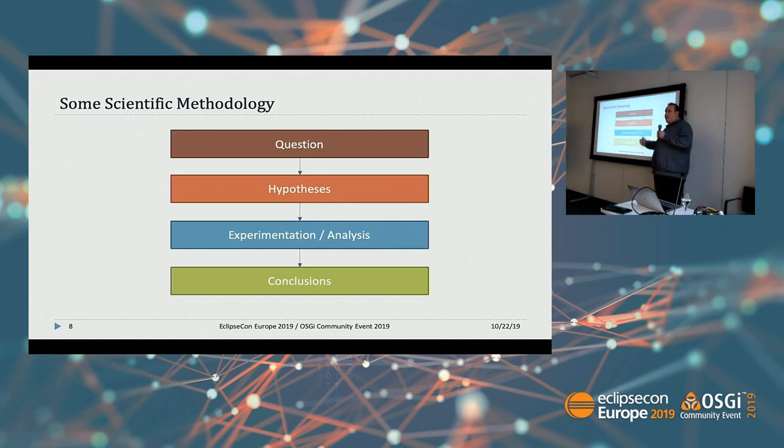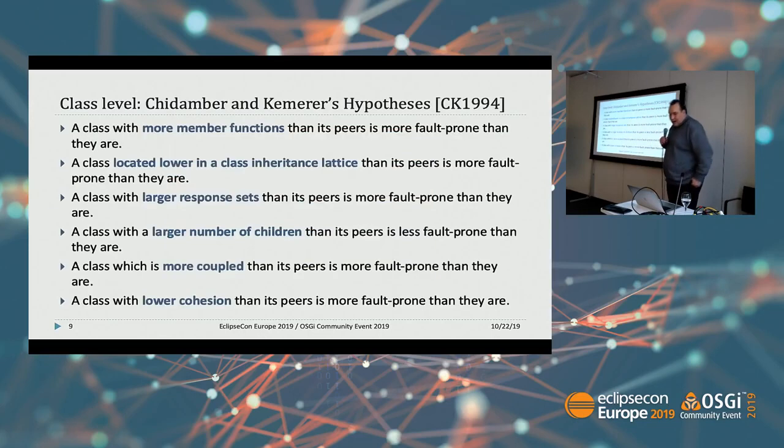Either you accept the hypothesis or you reject it, or you accept the null hypothesis to be more precise, right? Very often, this is also an iterative process, but in the end, it looks like that, right? You have your final hypothesis, and it's now nicely justified by experimental evidence. And this is what happened in '94 when Chidamber and Kemerer for the first time proposed a software quality metric